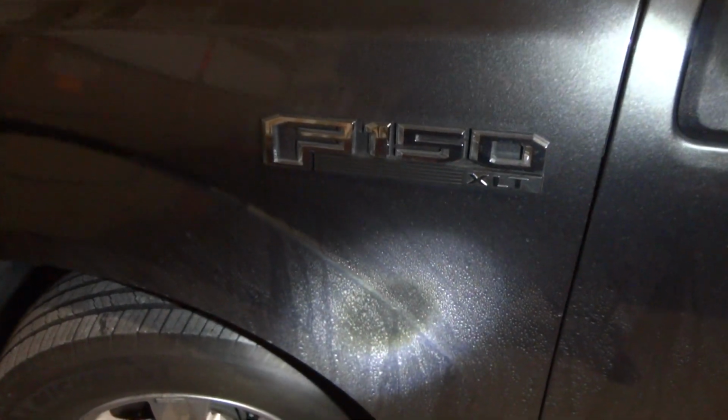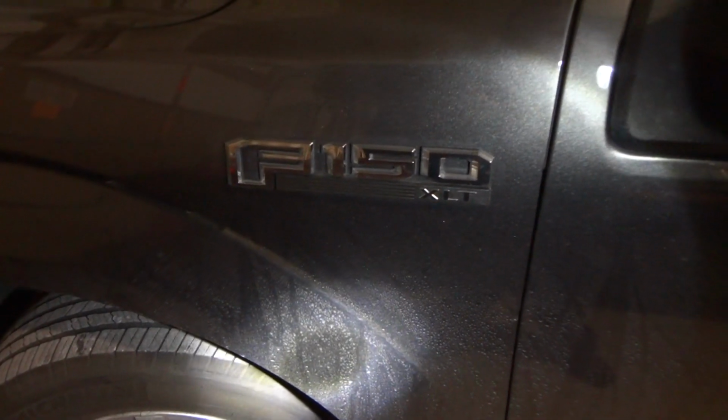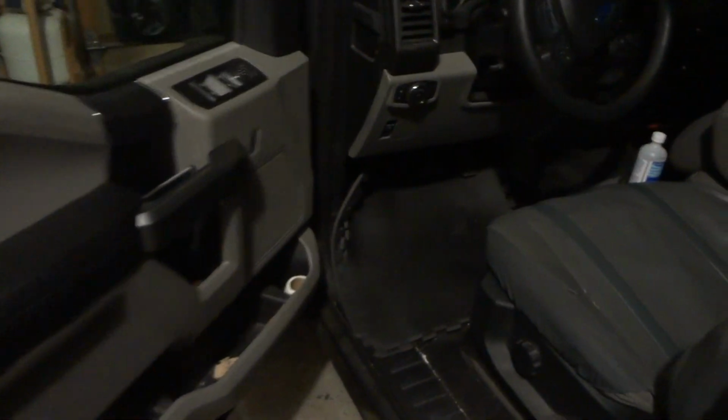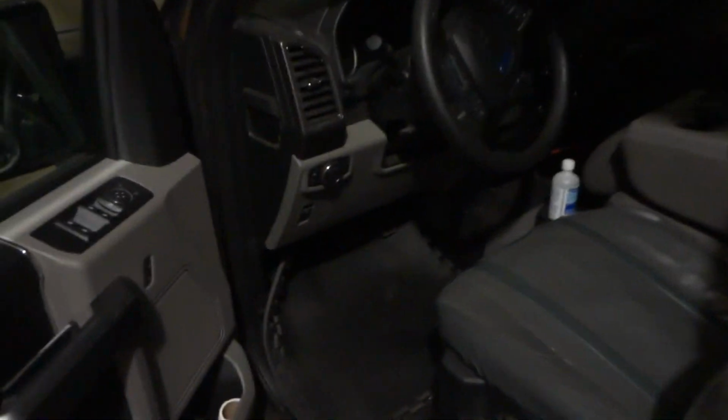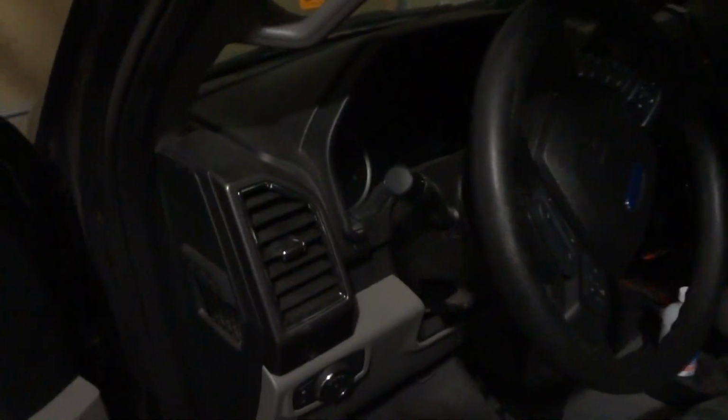Okay guys, we're going to do a cold start of this F150 and I'm going to give you a voltage readout, and I'm going to show you a trick how to lower the RPM when it's starting. It's a little trick. They start really high RPM. You don't really need that kind of RPM for just starting up. So